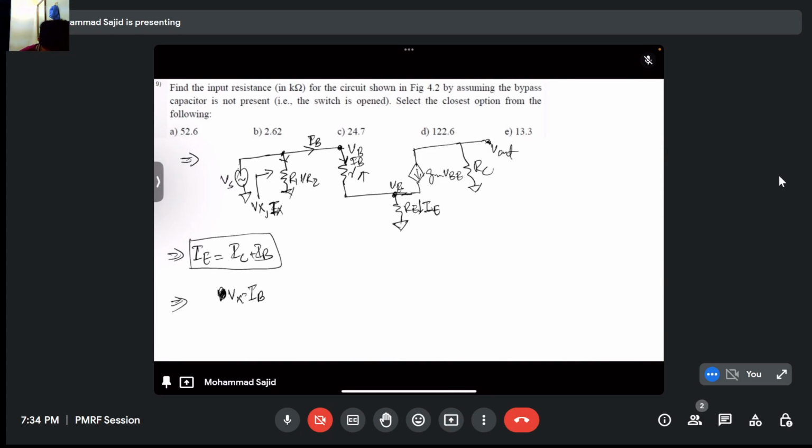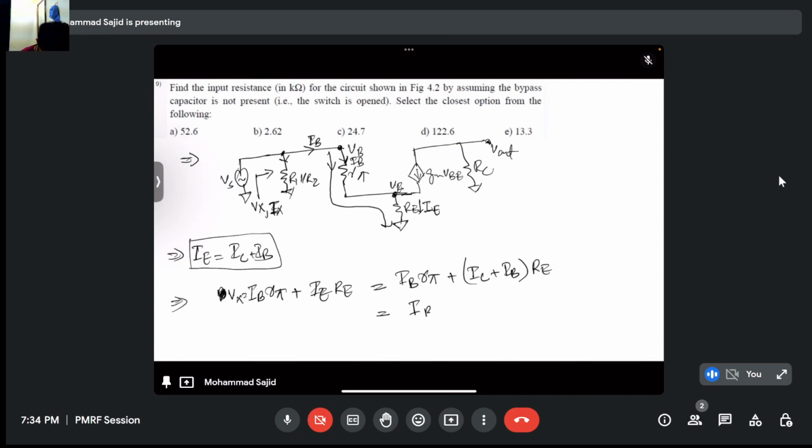So Vx will be equal to IB times R pi plus IE times RE. So this is a KVL following this loop, and I can write it as IB times R pi plus IC plus IB times RE. Okay,